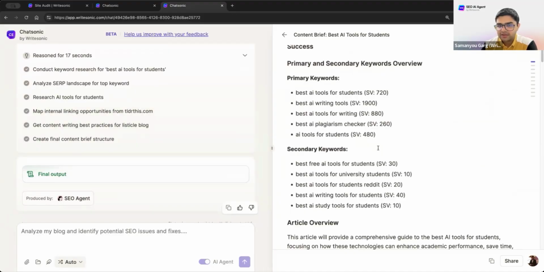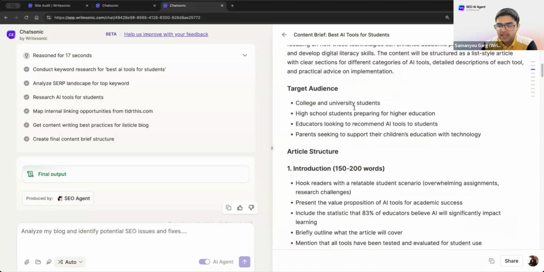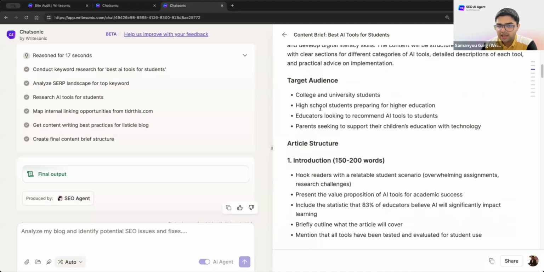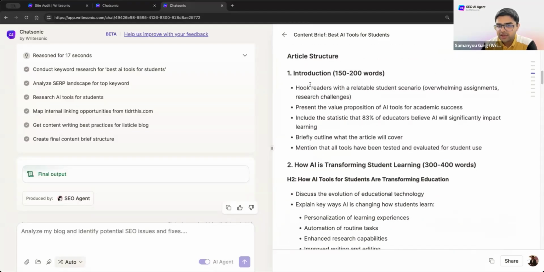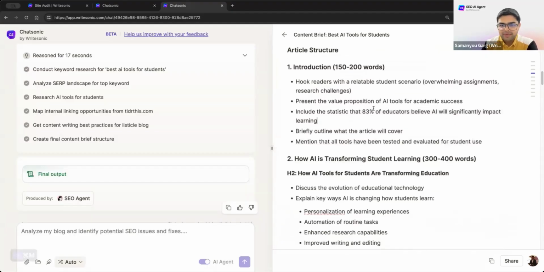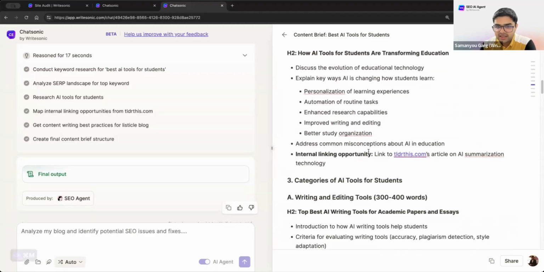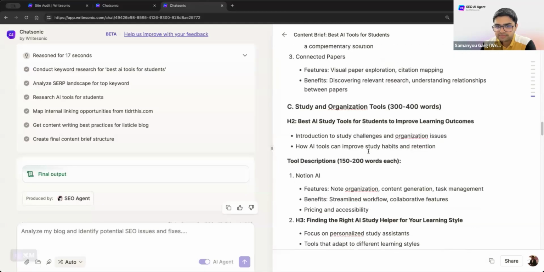Again, you can pick which one you want from here. It has given you the volume and everything. Secondary keywords, and then overview of the article, target audience, college students, university students, high school students, and so on. Introduction, what you should cover, hook readers with a relatable student scenario, include the statistic. This also came up based on research that 83% of educators believe AI will impact learning. So all of these different things came from the research, and then it gives this detailed content brief for us,